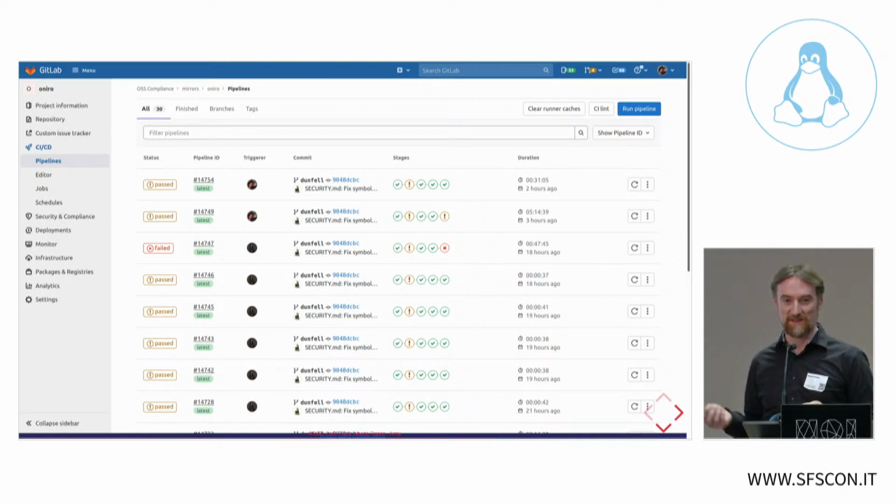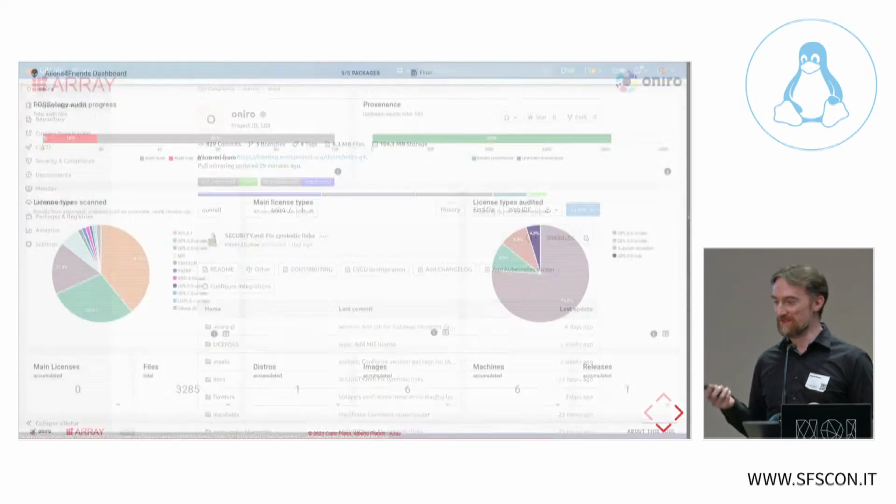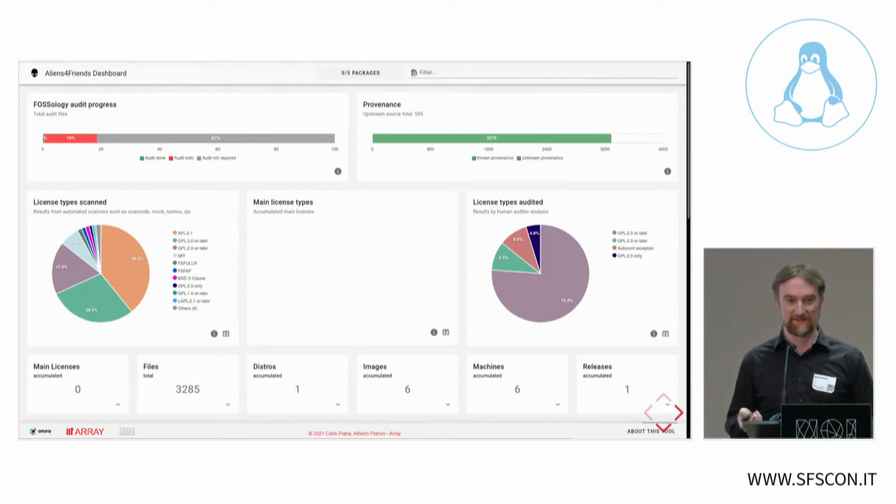So we have GitLab pipelines that run on every commit of the manifest project. The pipeline builds everything, the complete build matrix, collects and aggregates all the metadata, and then uploads all the metadata and the sources to Fossology. Then there is the audit review process, and then the data are collected back in a machine-readable way. And you get these two status badges. What do they mean? The first status badge, if you open it, gives you the JSON data